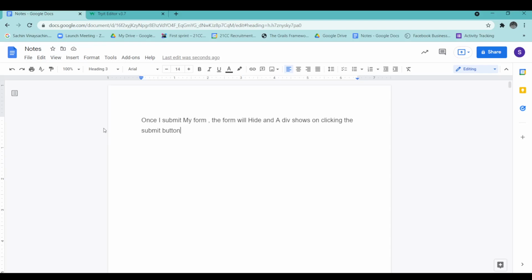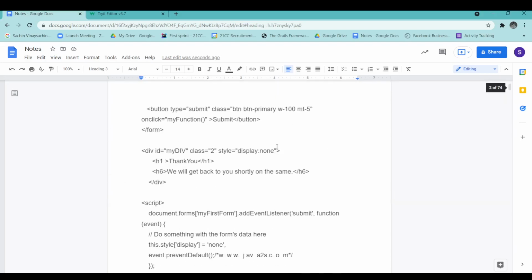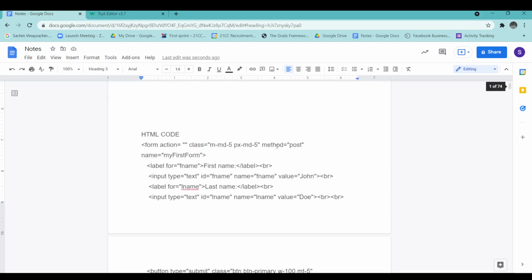So that's what my plan was, and I did some research inside Stack Overflow and found some code. I upgraded the code and made some changes, and right now I have a simple code in which here is a form.